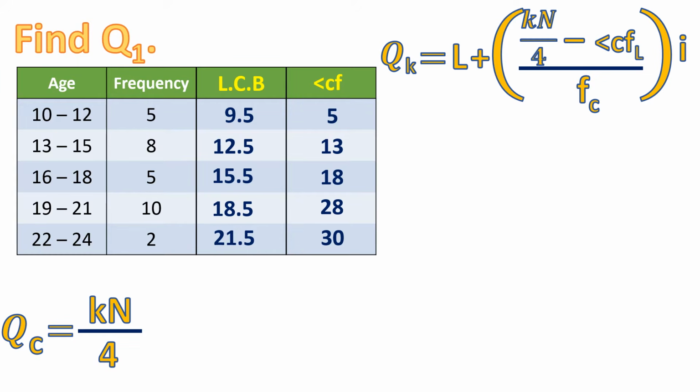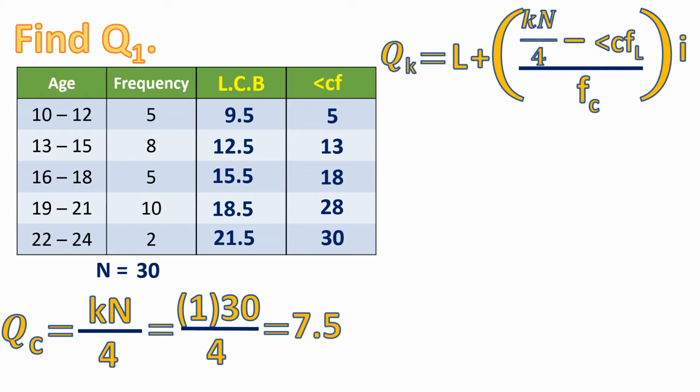And n is the total frequency, so we need to add the frequency, and this is equal to 30. So let's substitute. We have k is 1 because it's the first quartile, times 30 divided by 4. And this is equal to 7.5, or the 7.5th